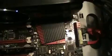Doesn't necessarily match the case, but if you look at the motherboard, the black and the red, that matches identical with the black and the red that I painted the case. So, it still has its color theme going on. And this will become black when I get the new one. So there you go. Unboxing and install of the new ATi Radeon HD